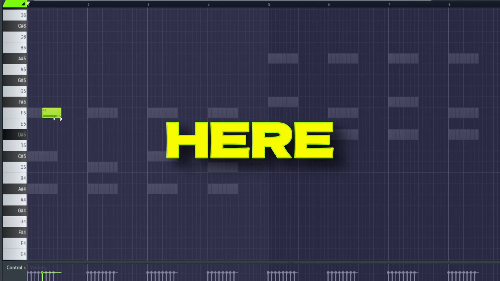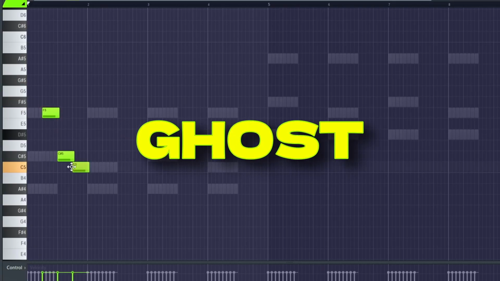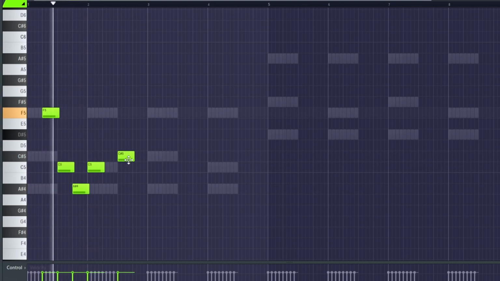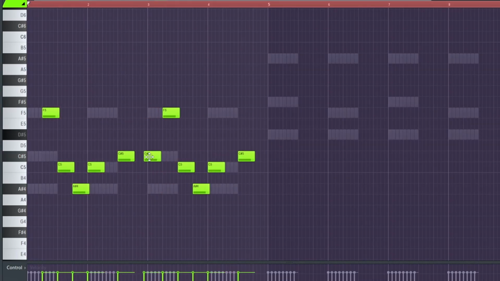For my lead here, I went ahead and turned on ghost notes. So this will just show all the notes that you have made thus far in the background. And this will just make it a lot easier to make that counter melody or lead, whichever you want to call it. So what I'm going to do here is just use the same notes I already have,